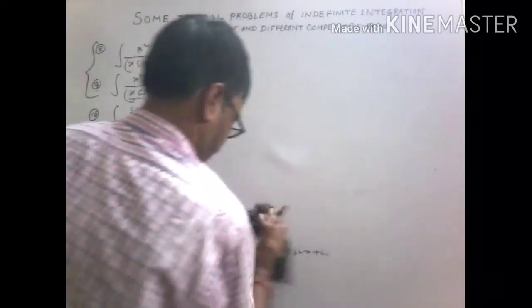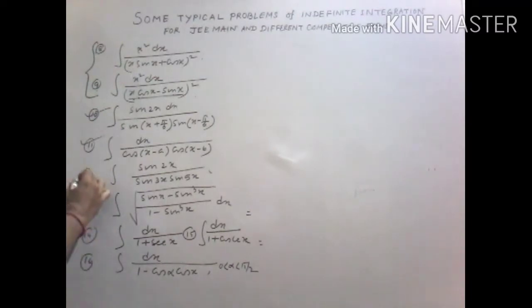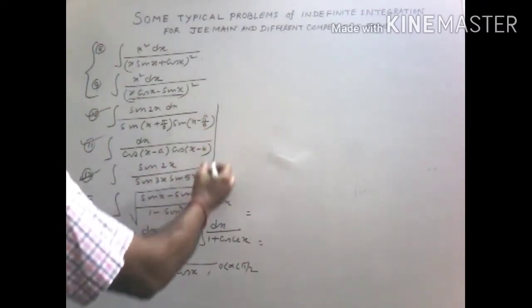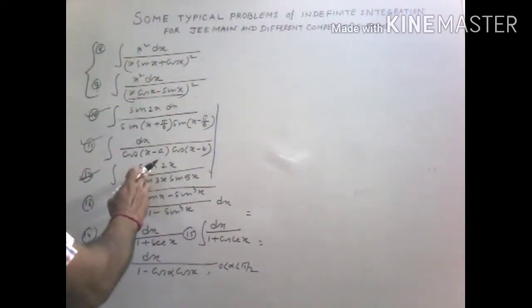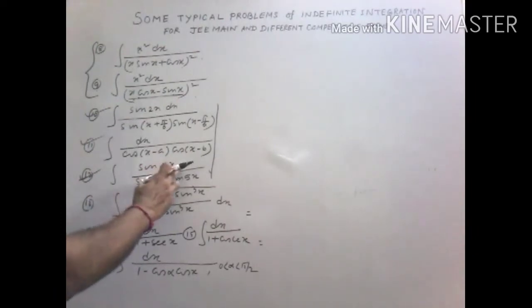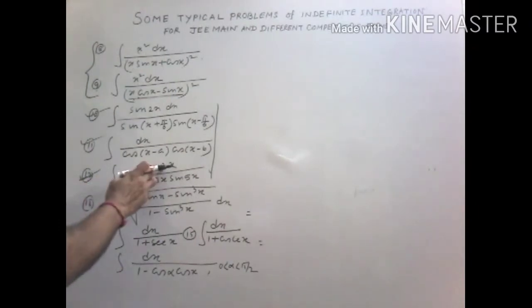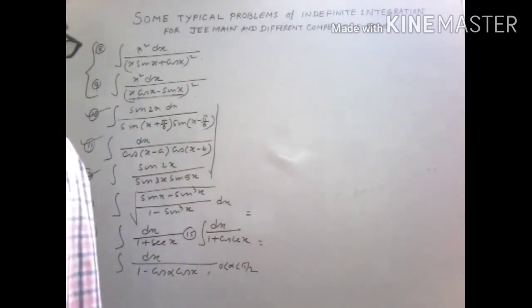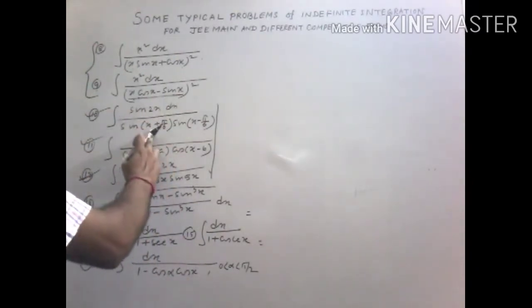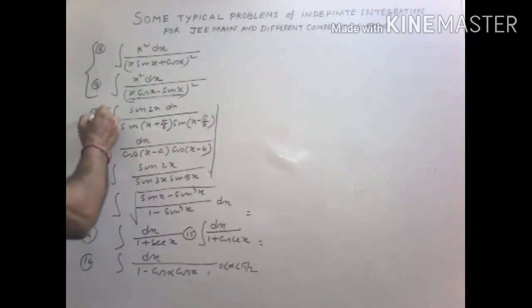Next, now these problems, these and these, are exactly the same. 10, 11, 12, these are all problems that are exactly the same. So what is our aim? Our aim is to express the angle of the numerator, suppose in 12 it is 2x, in terms of the angle of the denominator. So look, you have to write 2x as 5x minus 3x. Similarly, this is sin 2x, the difference or addition of the angles of the denominator. So 10, 11, 12 are exactly the same.